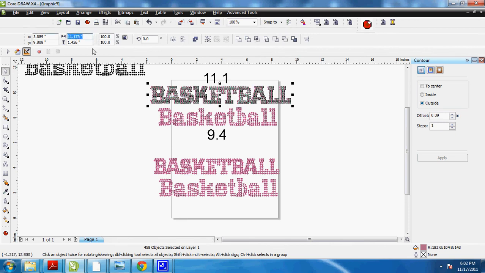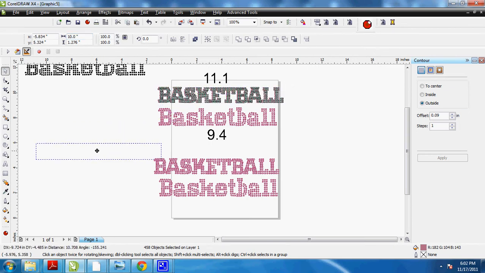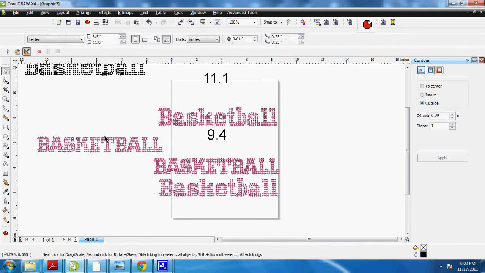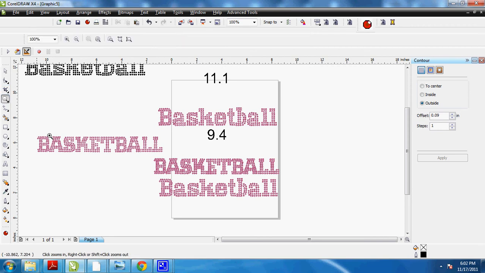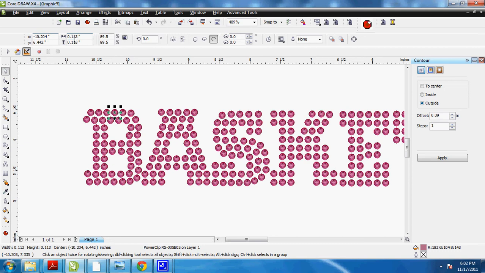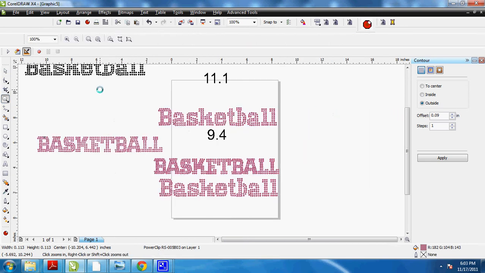I reduced it down to 10 inches. Hit the enter button. But now your circles are going to be a tiny bit too small. Let's look at those and see. They're at 0.11 and you want them at 0.126. So what you need to do,